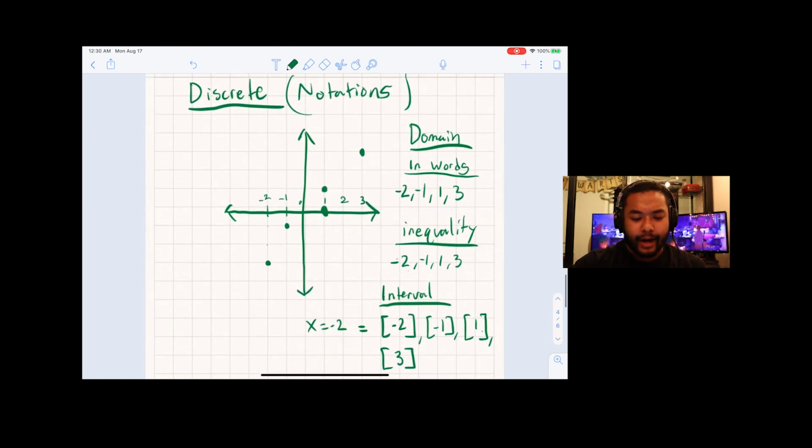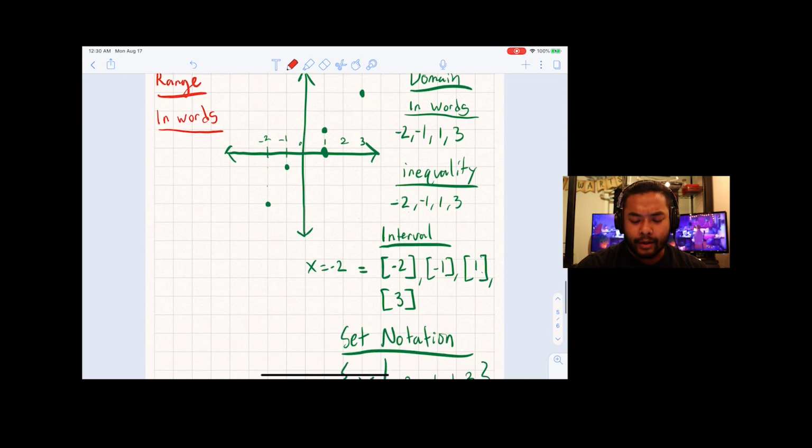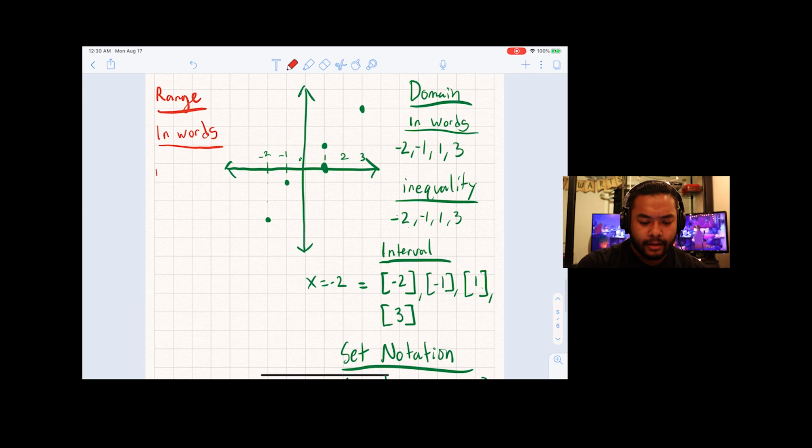Next step, jumping into range. Okay. In words, I'm going to leave this for y'all to decide. Pause the video, take a look at the notes that I'm definitely going to upload on this, and try to do this for yourself. See if you can get far on the range. I think the only thing I will say, because it's not that different from the domain,